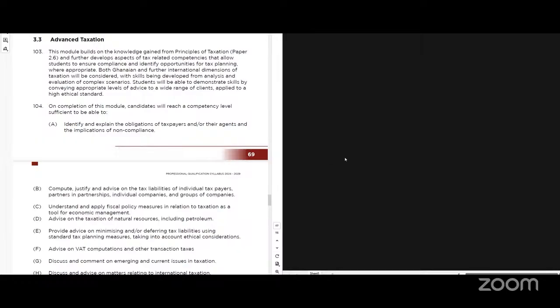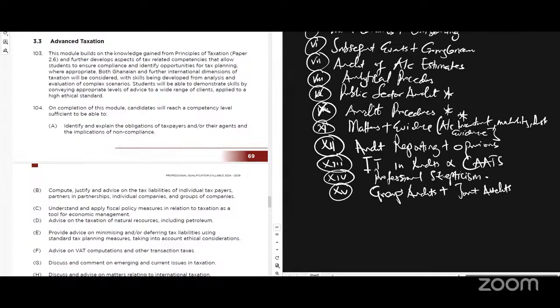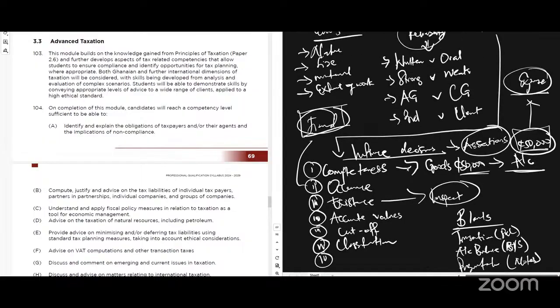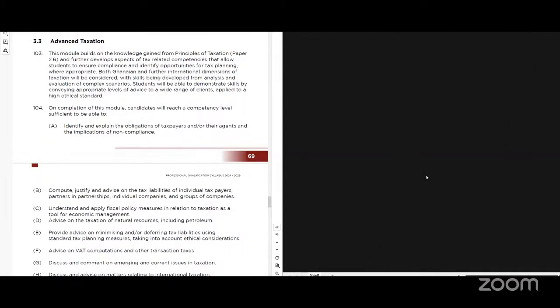No. All the courses are easy, you just don't have the right way to learn. That is why you are struggling. When I say this, people say it's because of you. I never failed any professional paper in my life, and the reason is because I have models. If you realize how I taught you this audit, if you apply this, you will find it easy. Everything is models. It's not easy, but you have to discipline yourself.